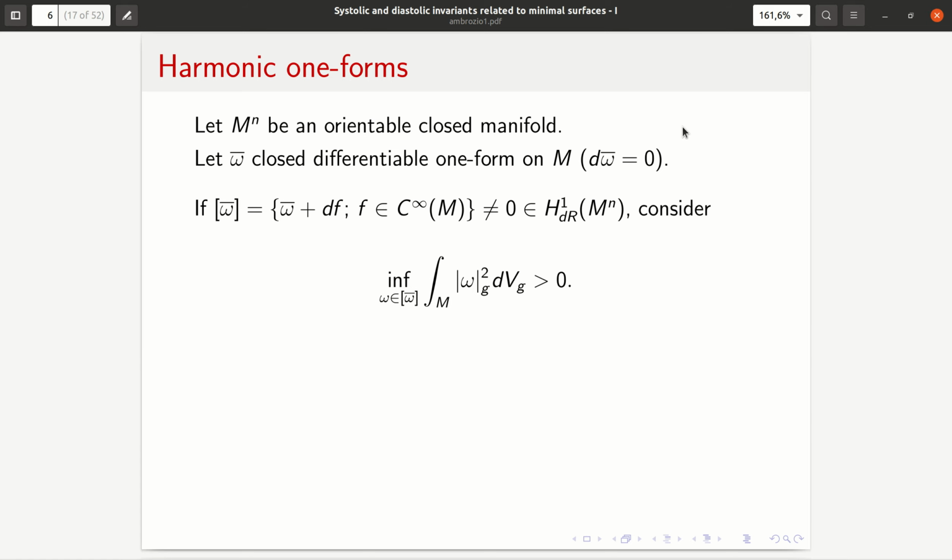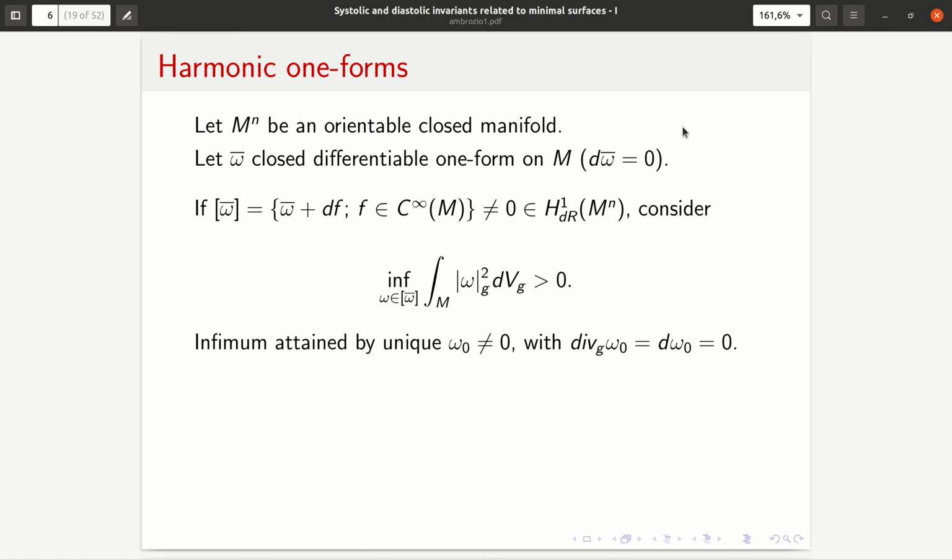Okay, so if the cohomology class is non-trivial, this number is positive, and this infimum is attained by a unique one form omega 0, which, because of the fact it is a minimum, satisfies a geometric condition. So not only is it a closed one form, its divergence with respect to the given metric G is equal to 0. Okay, now we use geometry